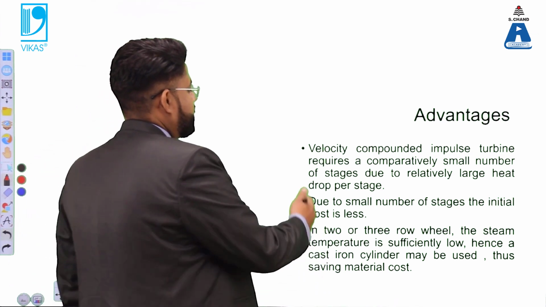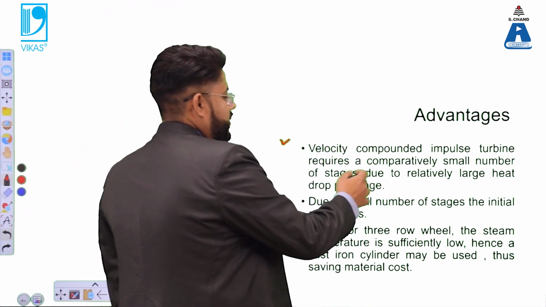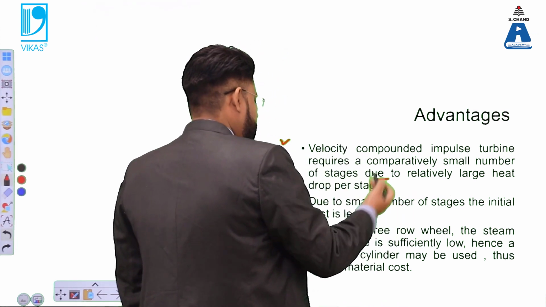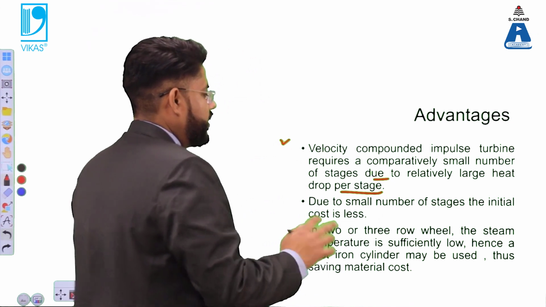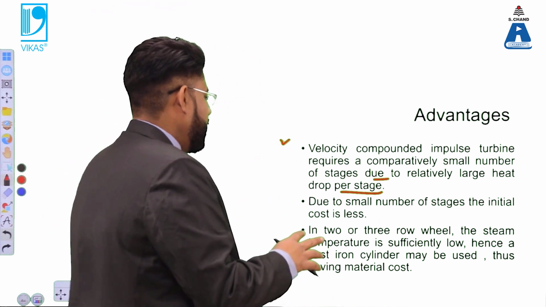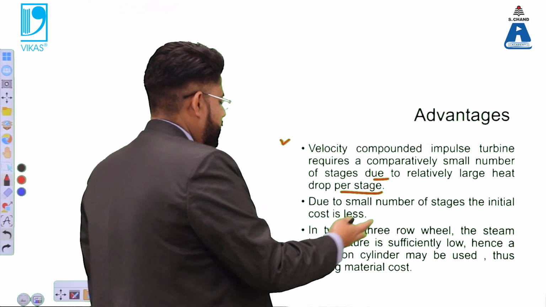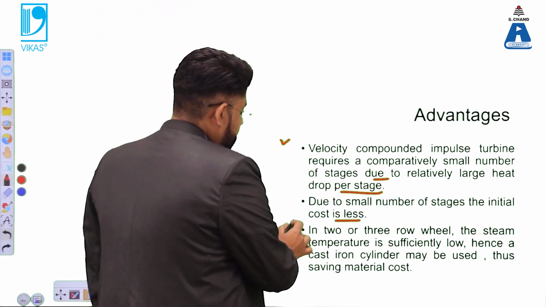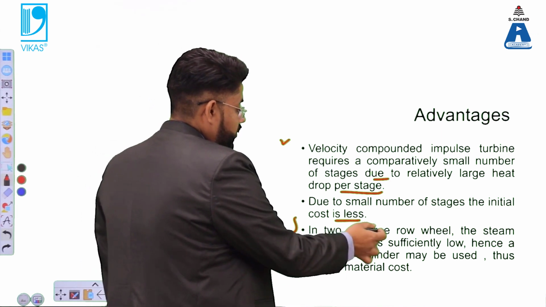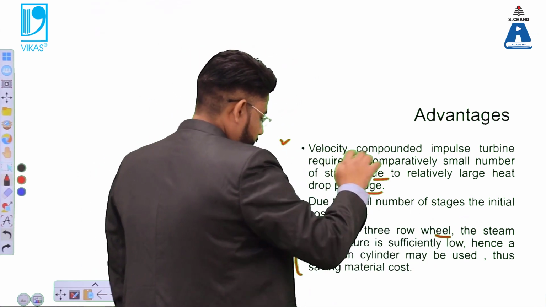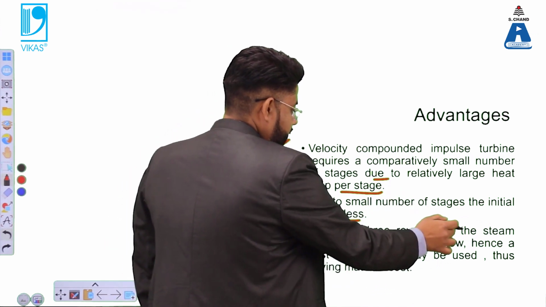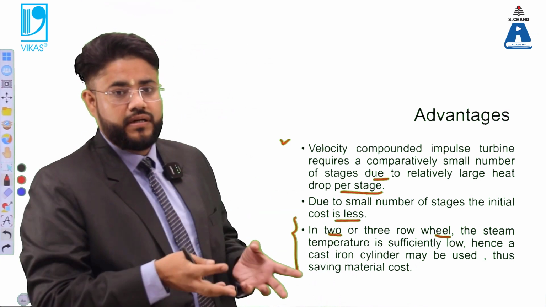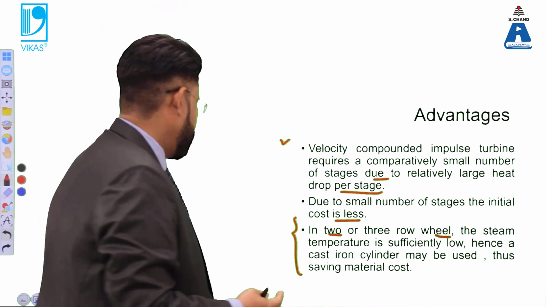Now it has certain advantages, like velocity compounded turbines require a smaller number of stages due to relatively large heat drops at the particular stage. So there are lesser number of stages inside the turbine that cost you less. Initial cost for that is particularly less. Now in this you can see that in 2 or 3 rows wheels are placed, and the steam temperature is sufficiently low,